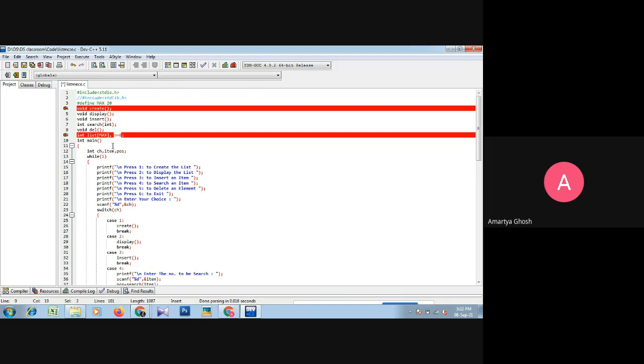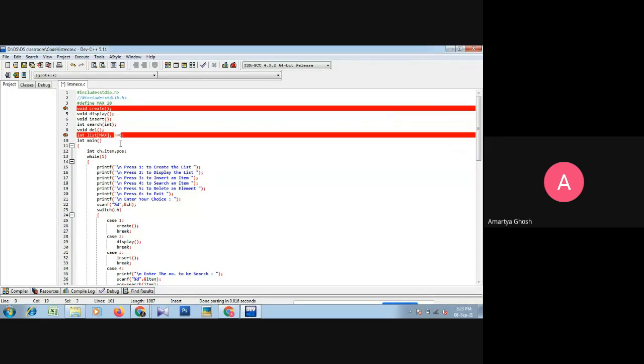But if the user wants the length of the list to be 5 or 10, that is stored by this variable n. So n always represents the size of the list, not the array. The size of the array is max, that is 20, and the size of the list is n.